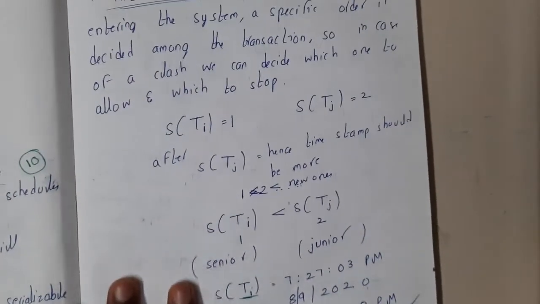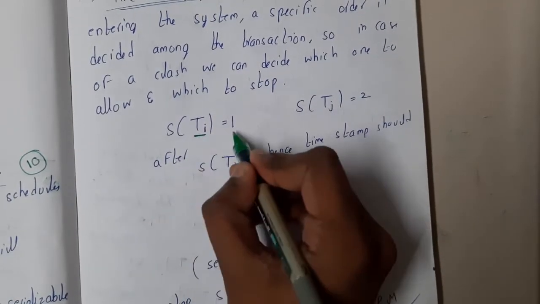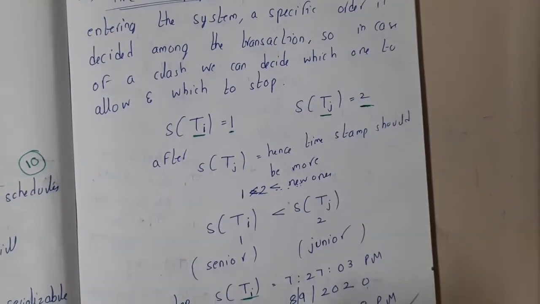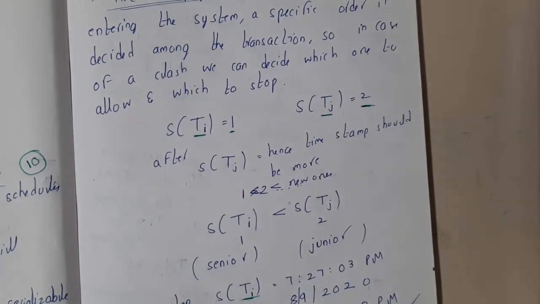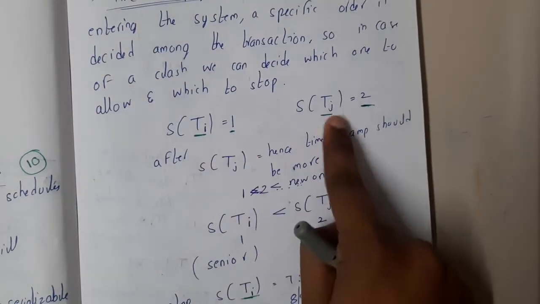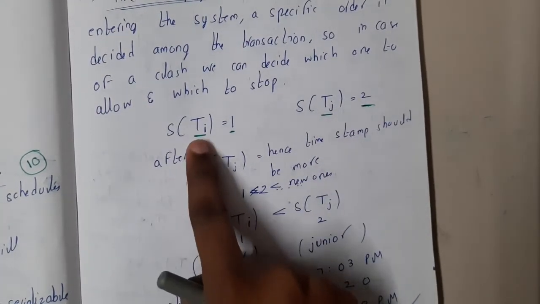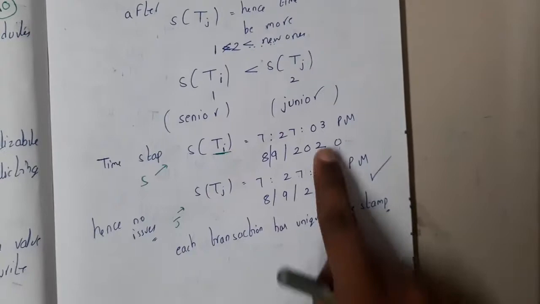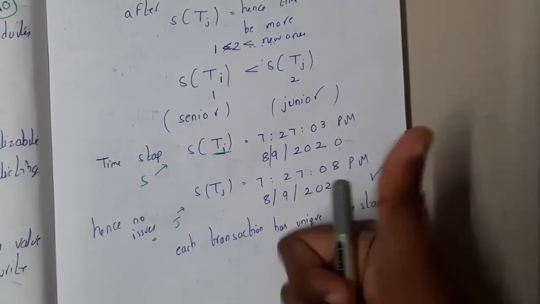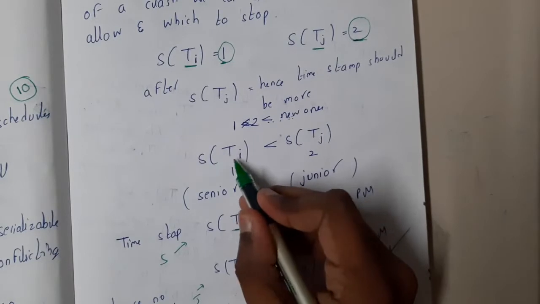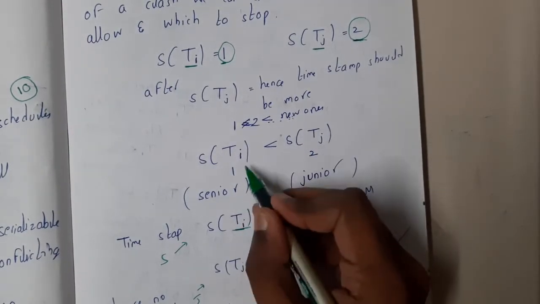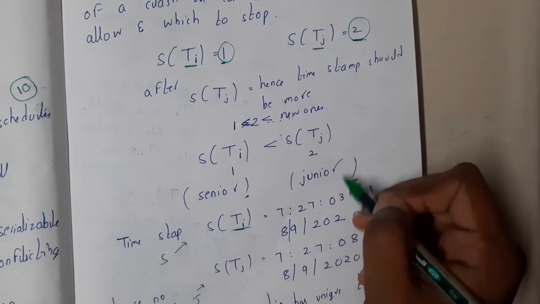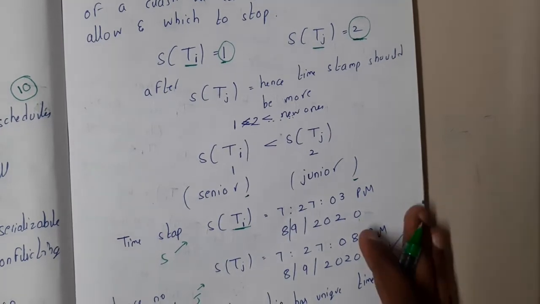For easy understanding, let us take a small example. The time stamp of Ti is 1. The time stamp of Tj is 2. If you want more clarity, you can assume it as T1 and T2, which will be really easy for us to understand, right? So T1 is 1, T2 is 2. After T1, T2 came. That is the reason why the value of T1 is less than T2. Even here it is the same case: 3 is less than 8, right? With that understanding, we can say that Ti is less than Tj. So Ti is nothing but the senior, and Tj is nothing but the junior, right?